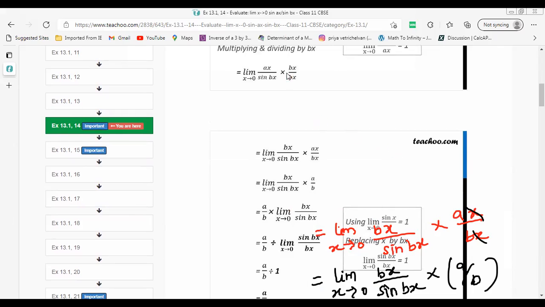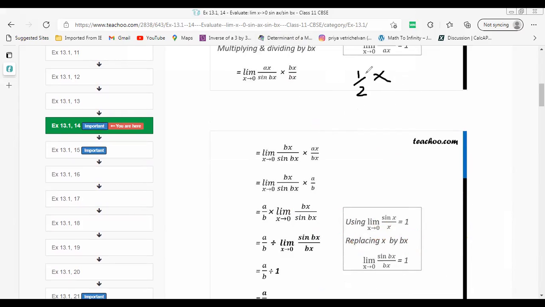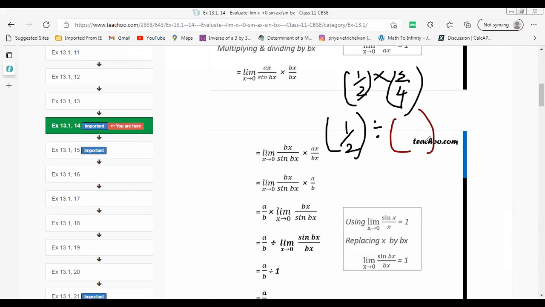Okay. So now I think I have explained this step already. When you multiply two fractions, like a by b times c by d, let me put in some numbers and explain. Like in case you're having 1 by 2 and 3 by 4, for the simplification, you just write the first fraction as it is, change the multiplication operation into division operation, and you will reciprocate the second fraction. The denominator will turn into numerator and the numerator will become denominator. Do you remember this?